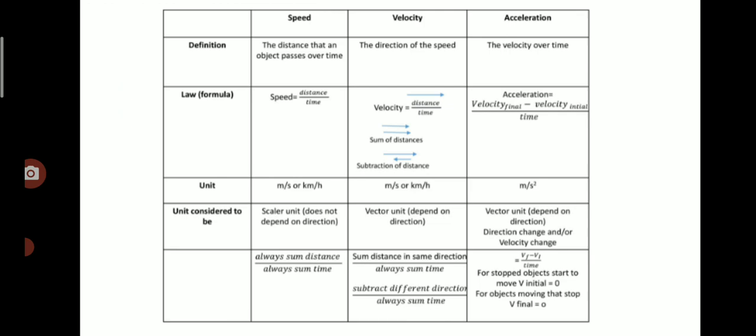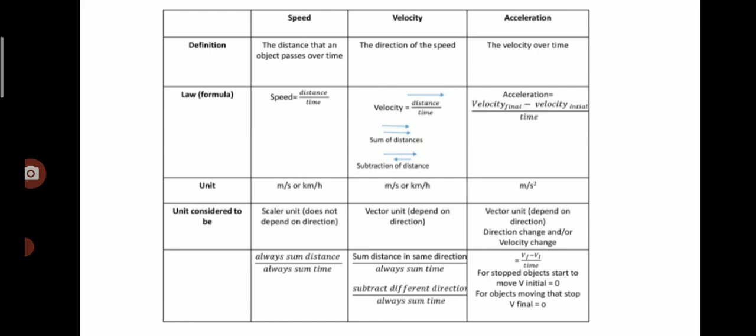In the same fashion, we can differentiate between speed, velocity and acceleration. What is speed? The distance that an object passes over time is called speed, while velocity indicates the speed along with its direction. And lastly, what is acceleration? The rate of change of velocity over time. By formula, if you see, speed is nothing but distance upon time, while velocity is also defined as distance upon time, but if you take the distance, then it is a sum of the distance, or